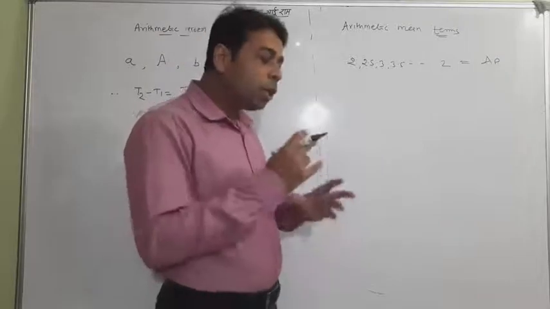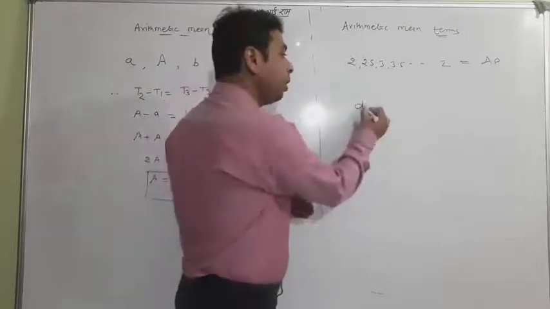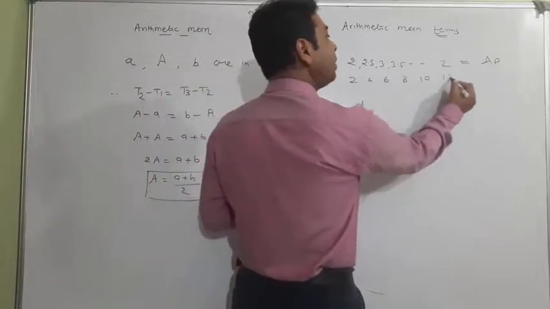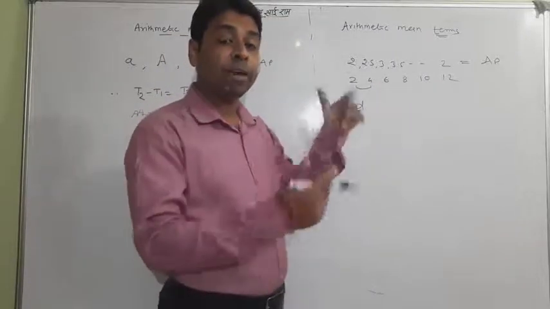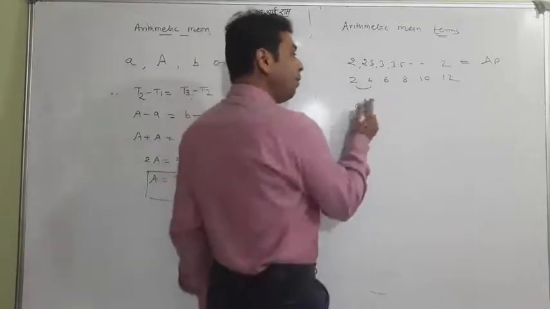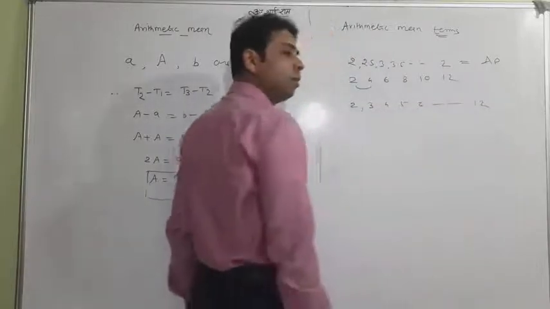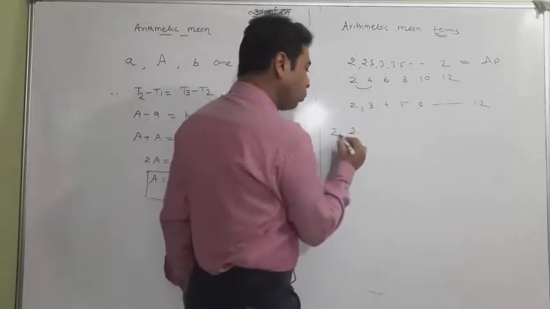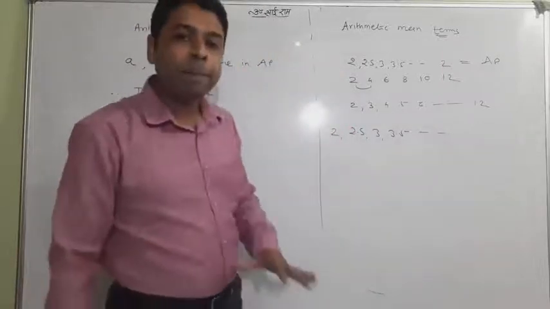So you know that arithmetic mean terms depend on what? They depend on D. Last time I took 2, 4, 6, 8, 10, 12. That depends on D. The gap was 2. So after 2 it came 4, then after 4 it came 6 and so on. If D is 1, then after 2 comes 3, 4, 5, 6, 7 till 12. So that time D is 1. And right now, after 2 comes 2.5, 3, 3.5. That time D is 0.5. So that depends on D.